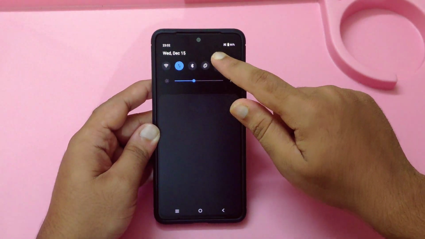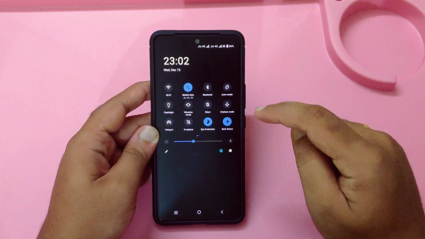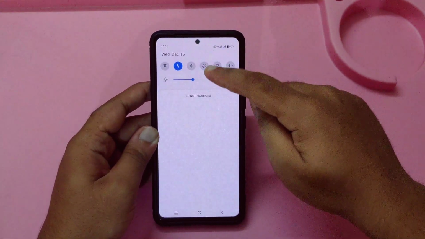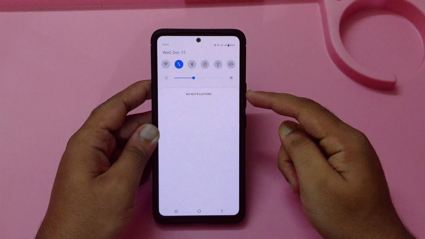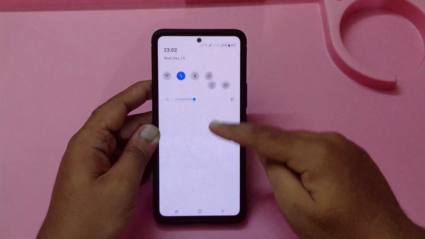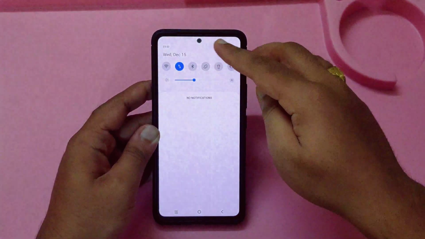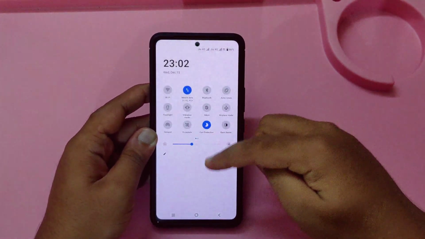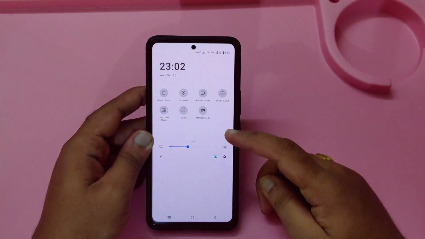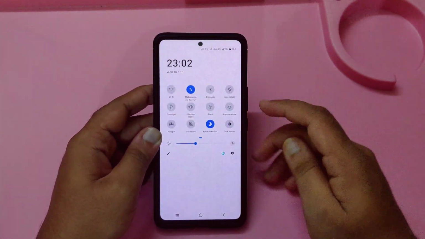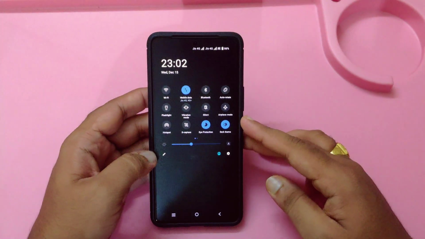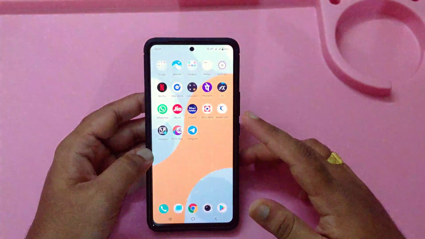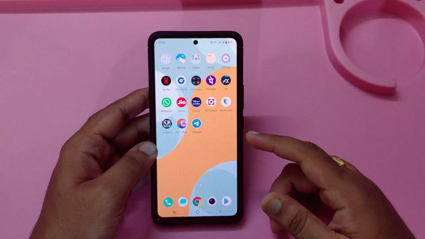As you can see, I don't know whether you can notice or not, so let me just take out the dark theme. There is a curve detection here, the curve. As you can see, there is a curve when I am just opening this, so I also like that. The notification panel is also changed a lot, and let me just move it to the dark theme. Everything is fine, the haptic feedback is fine in this device after Android version 11.